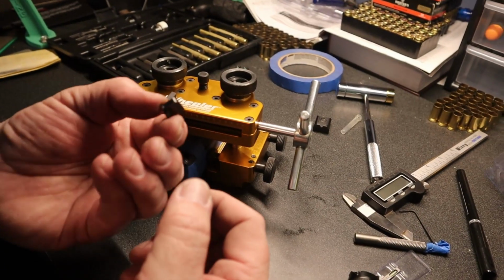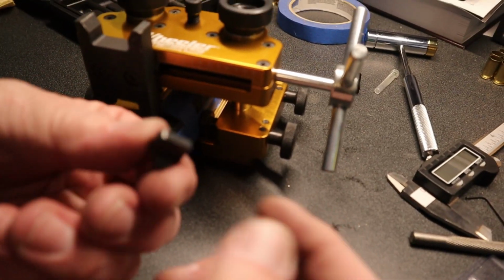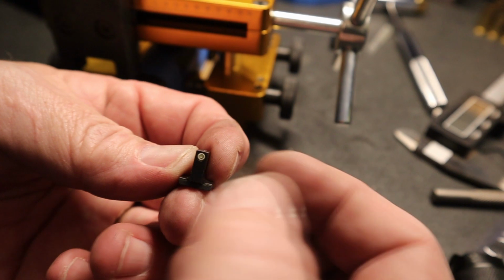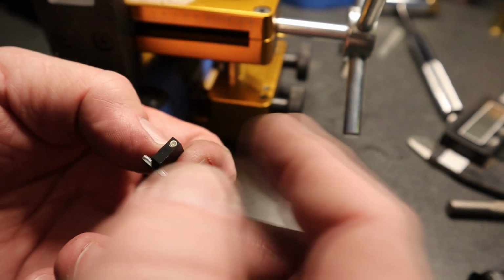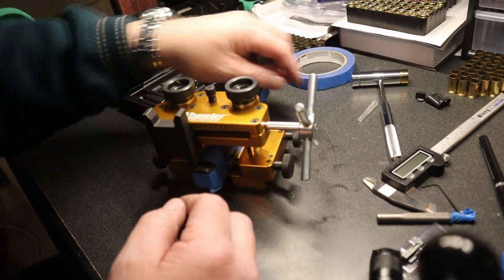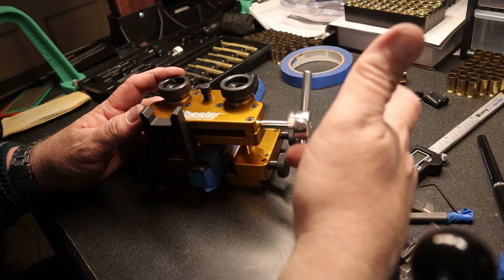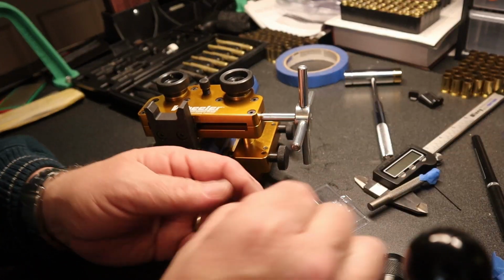So there's the old rear sight, just a little dovetail that went in there and had just the one white dot. It had the tritium in that for the night sights, but it was just the one dot sight, and it was very difficult to do anything with, at least for me anyway. Now we'll move this back over a little bit, and now the new front sight